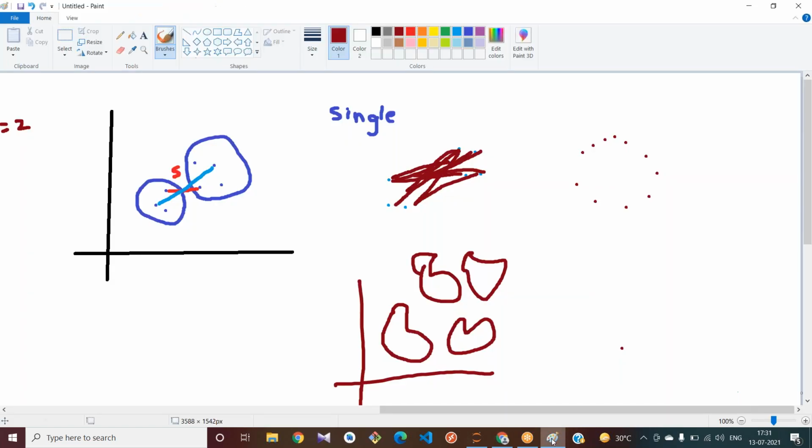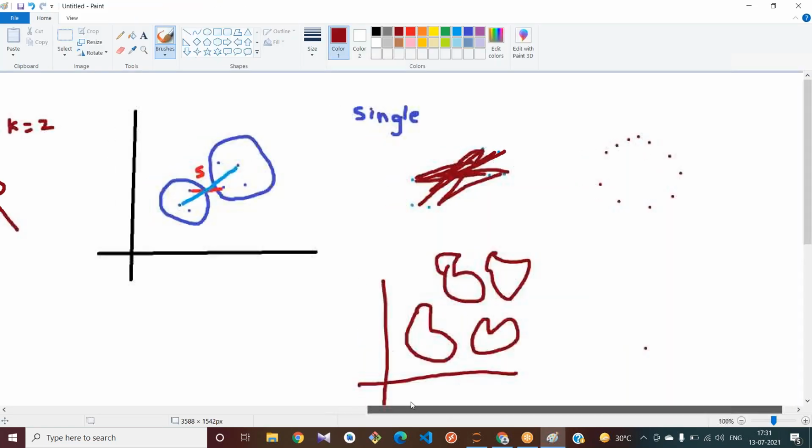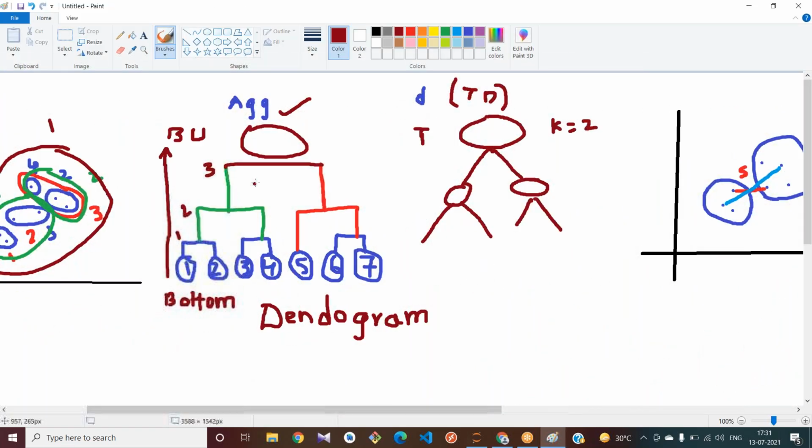Observe here: you need to choose the vertical lines, the largest vertical line. For this vertical line, you should not have any horizontal line crossing.